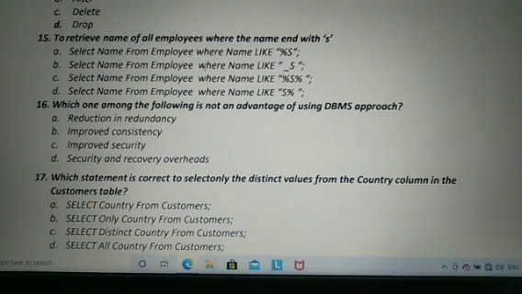Okay, so that percentage symbol will match all the letters of the name, where the last character is S.